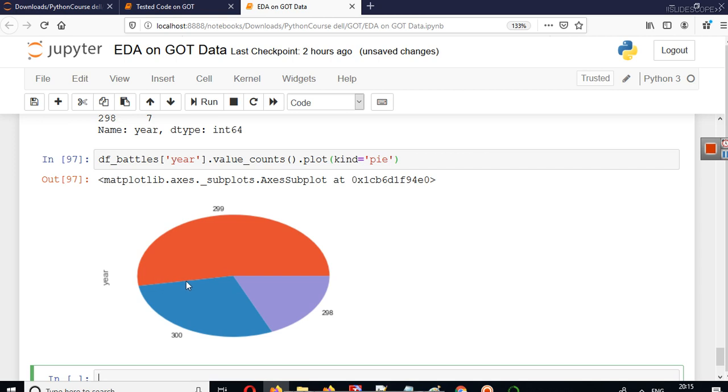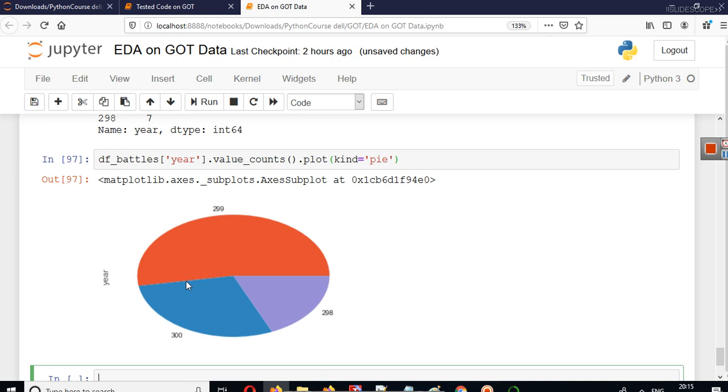This type of graph can be plotted anywhere. It can be used to analyze any type of data where you have classified data. Suppose you have persons belonging to class 1, class 2 and class 3. Suppose passengers are traveling in a plane, and in that plane there are 3 classes. It can be economy, standard or business class. It can be any class. So you have to count how many persons are there in each class.